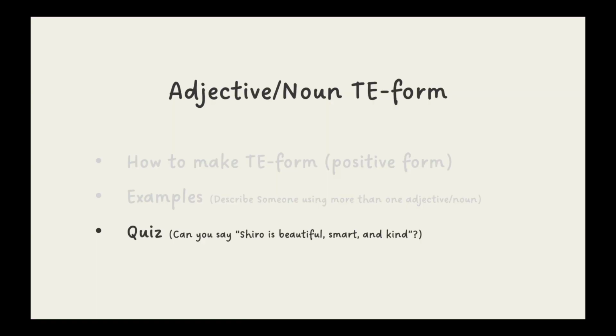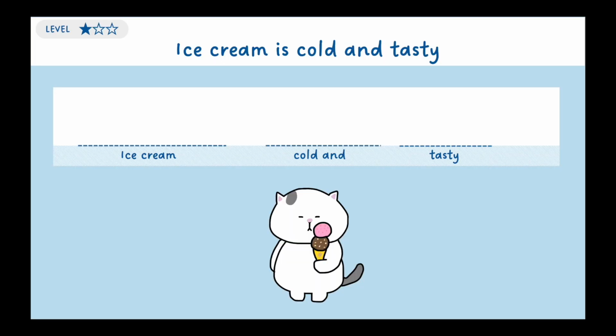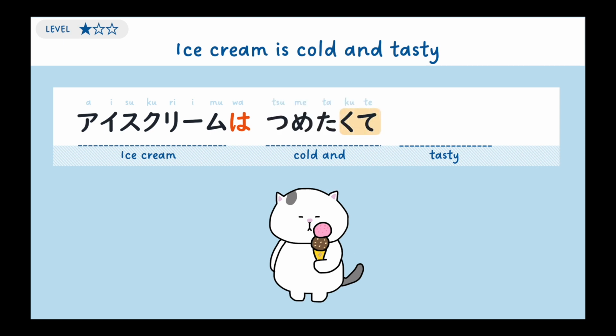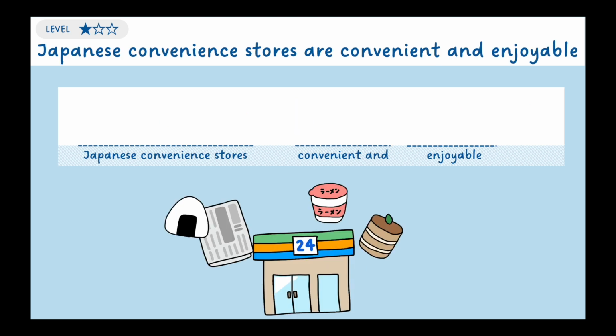Now let's try some quizzes. Can you say ice cream is cold and tasty? アイスクリームは冷たくておいしいです。